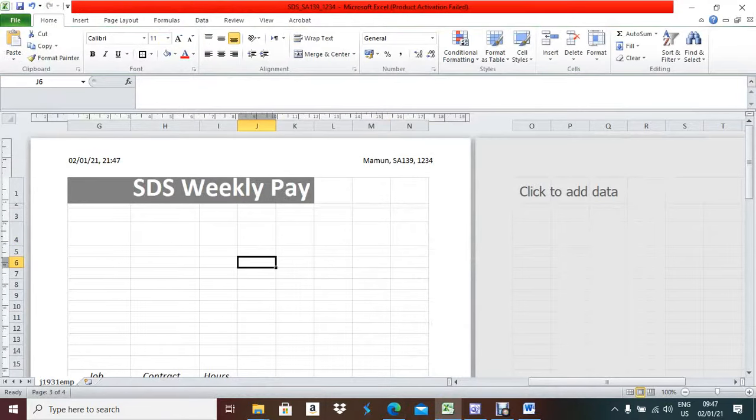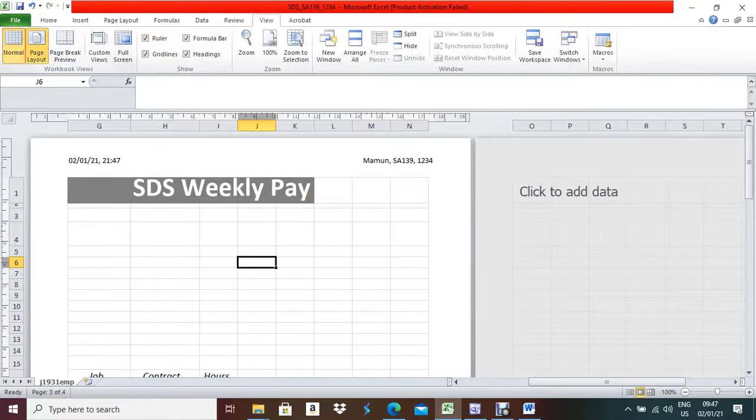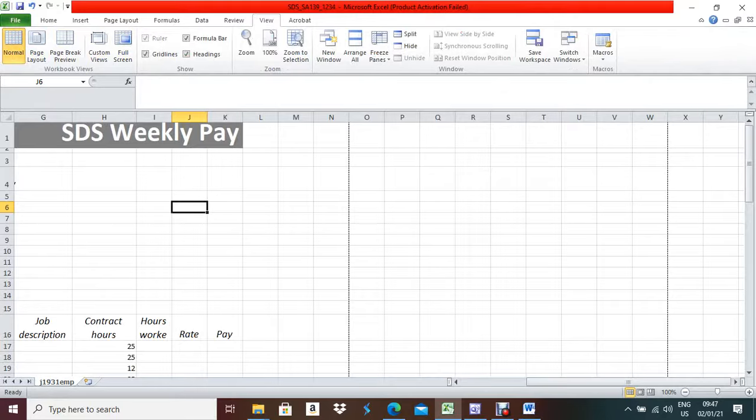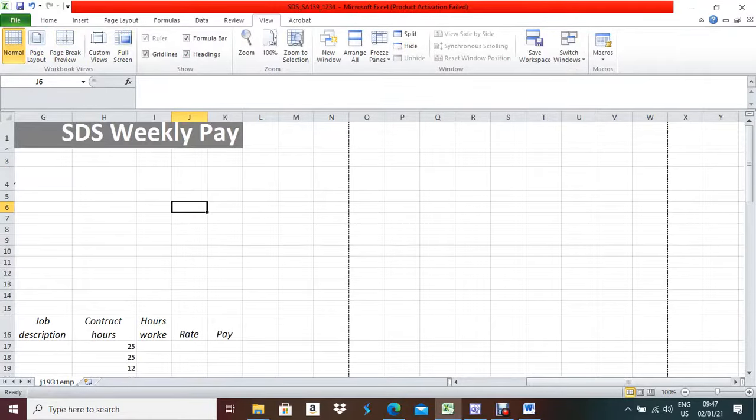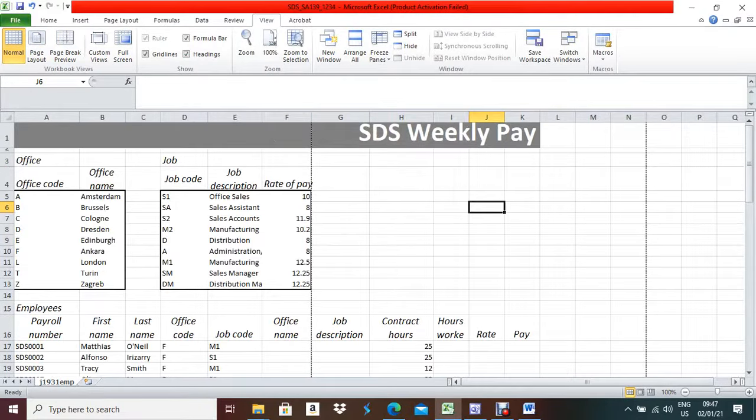And check, it is showing in two pages, so if you want to check it in one page, click on View and then select Normal. Okay, now it will look like this. Now the next part of the question, what they're asking,